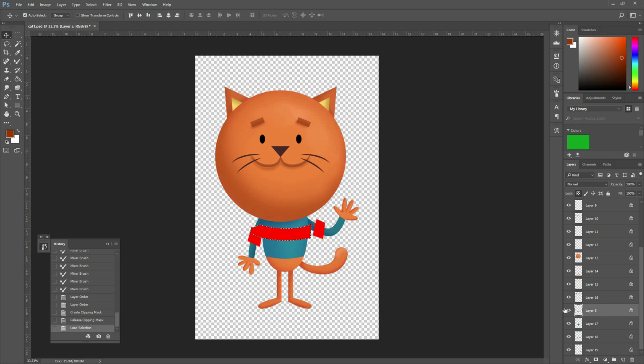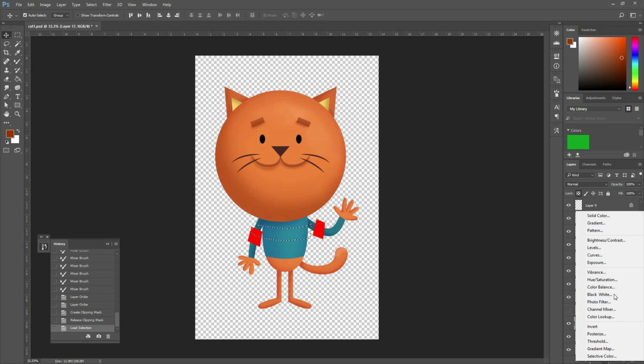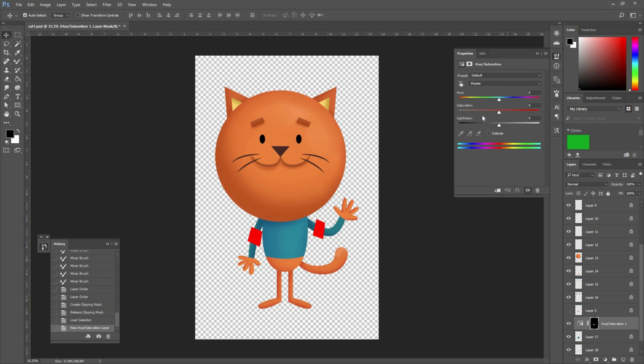Now you can go to the layer that contains the sweater, which is layer 17 in my case, and then go here on the bottom. You can see the adjustment layers, that is this little icon. And let's select hue and saturation, and here you can move a little bit the color, so you could play with the hue, saturation, and lightness. So let's move a little bit the lightness and the saturation,